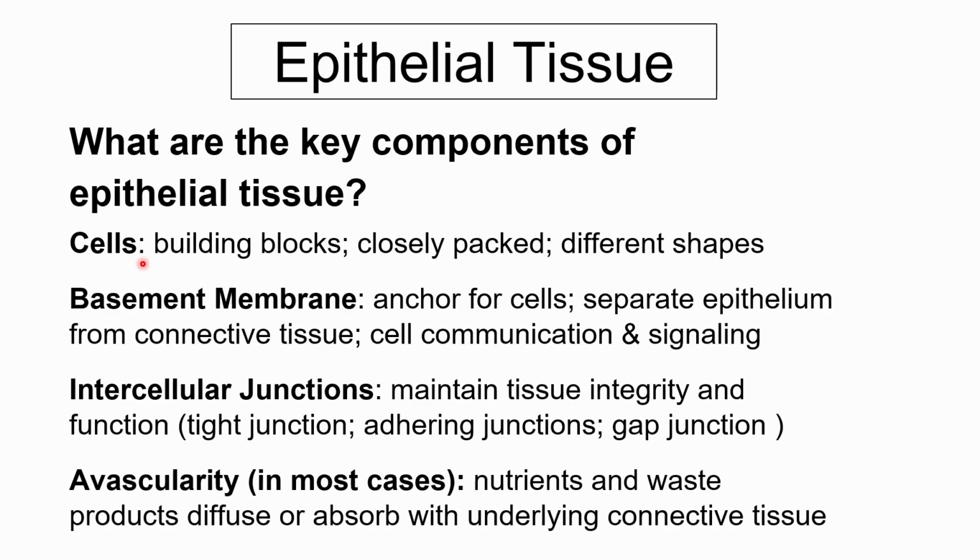Okay? What else? The epithelial tissue, among all the four types of tissue that we will discuss throughout the semester, is avascular. In most cases, this is because there is no space for the presence of blood vessels, right? Because the cells are closely packed, which makes sense. That's why nutrients and wastes and other cellular, chemical ways of communicating and signaling just pass through the basement membrane. Okay?